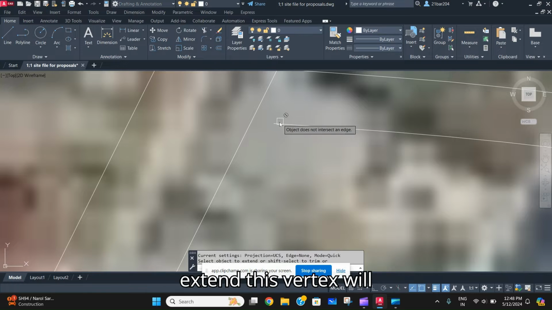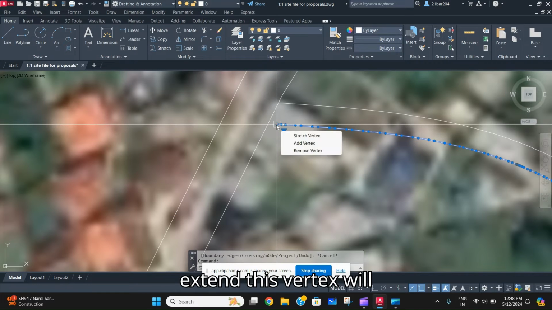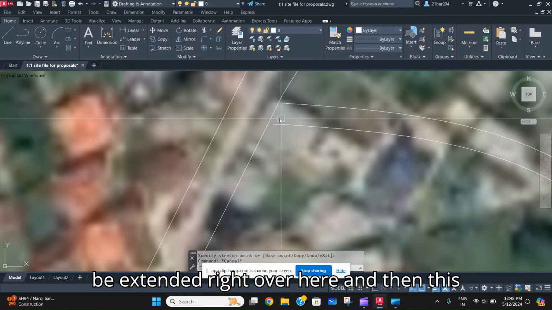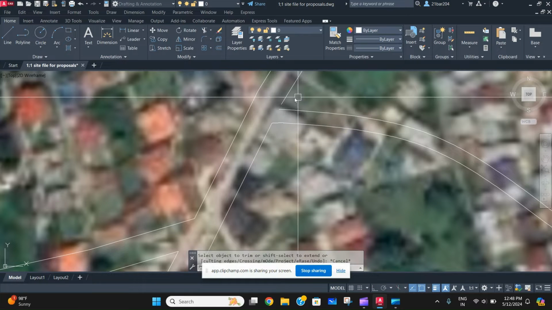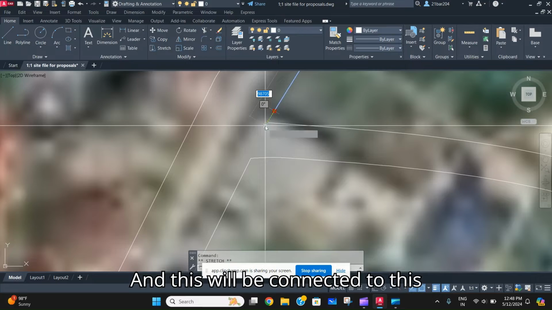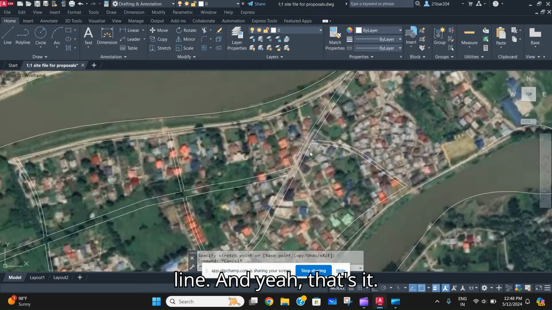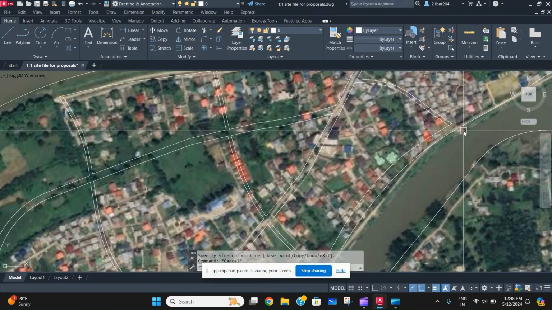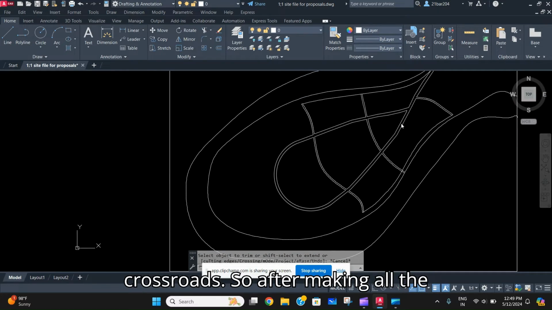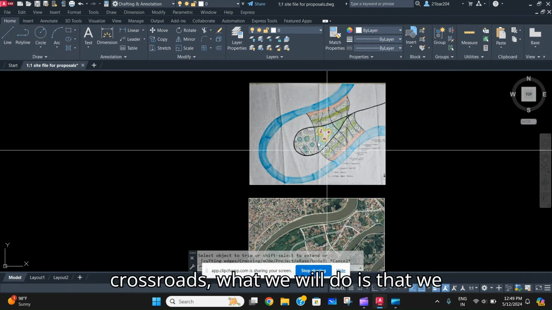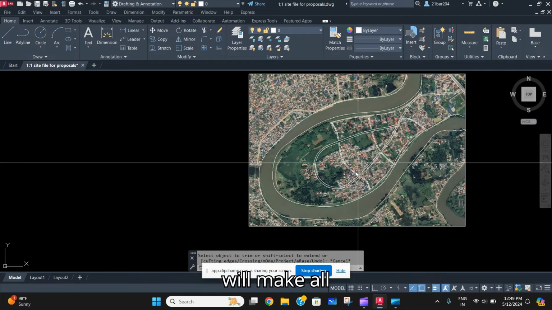So now again extend. This vertex will be extended right over here, and then this crossroad will be trimmed, and this will be connected to this line. And yeah, that's it. You're good to go on all the crossroads. So after making all the crossroads, what we will do is that we will make all the